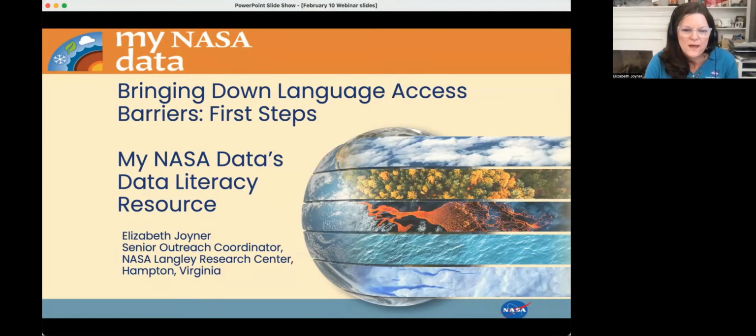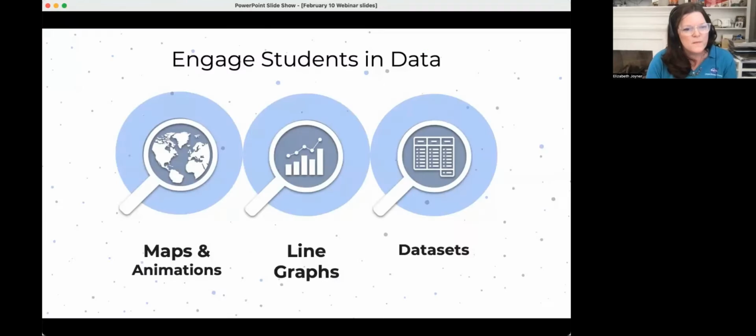For those of you that are doing projects with mosquitoes and land cover and other data sets, I want to highlight a resource for you. Next slide. This resource will help you to scaffold or level your instruction and the activities that you do with your students if you use maps or animations or videos of maps